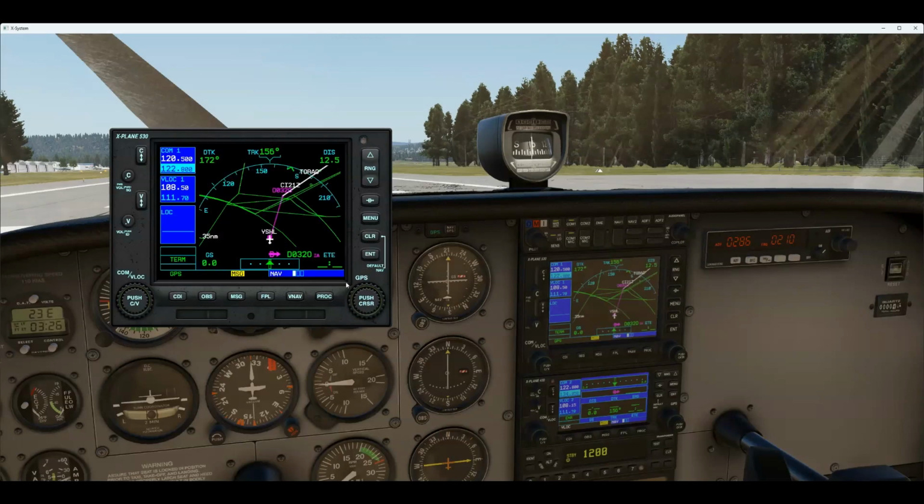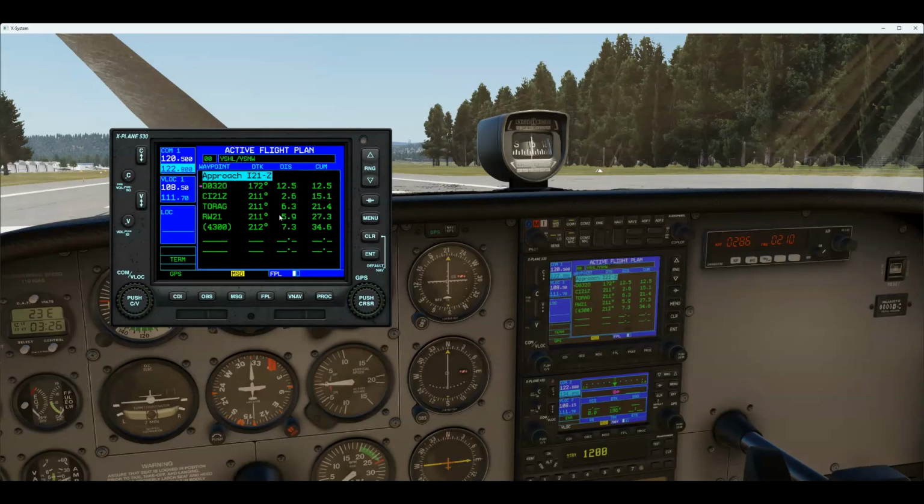We hit OK. So you can see now the GPS has got this 430, 4020, set up nicely on the ILS. We have to look at our approach plate to find out the heights and stuff. That stuff isn't normally included. But you can see now it's very different, right? When you activate the approach, it's almost like a direct to. It's going to take you to the first fix on the approach, and it's going to activate that leg. So it's almost like a direct to when we got to D0320, then put the leg between